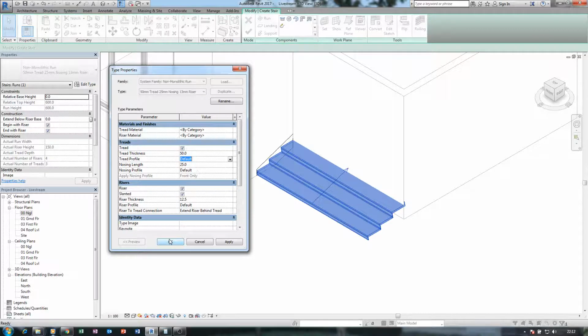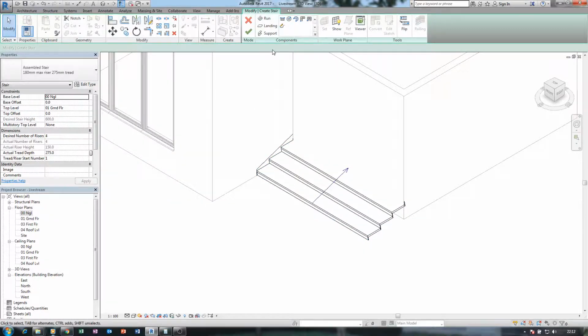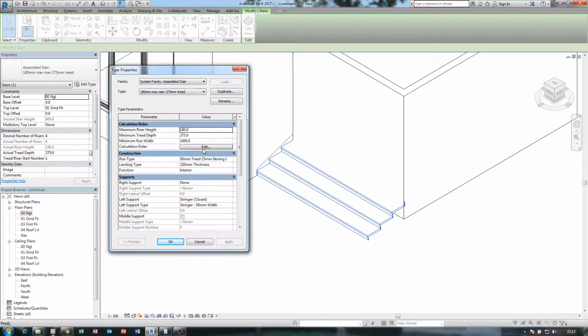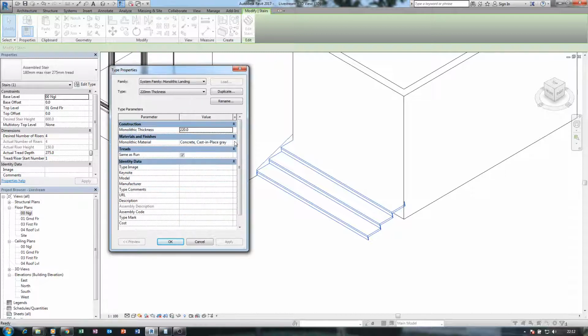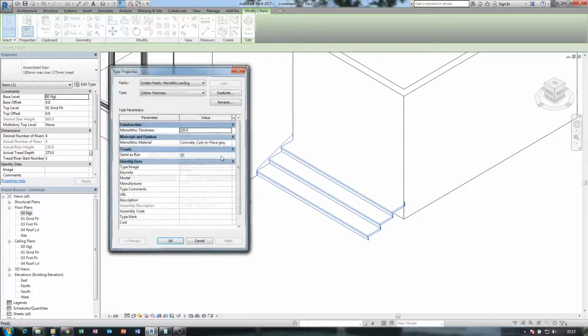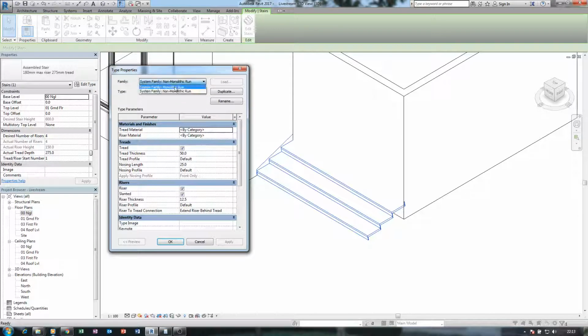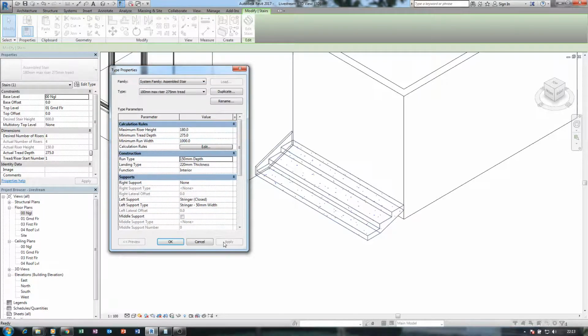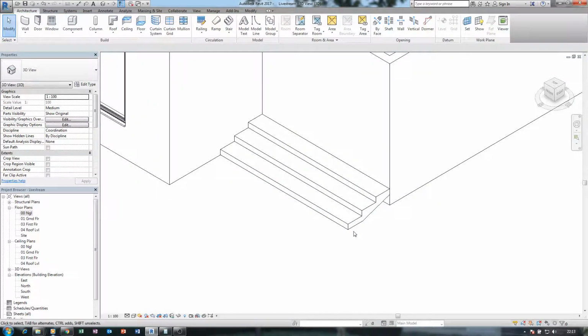Okay, let's go back. That's one of the reasons I've not started using all this 2018. And okay, landing type. Oh boy. Okay, I'll need to change this one also to monolithic, and we should be good. You can see now. And don't forget, change this to none, and let's just leave that one as that. Don't let us bother about this at all.